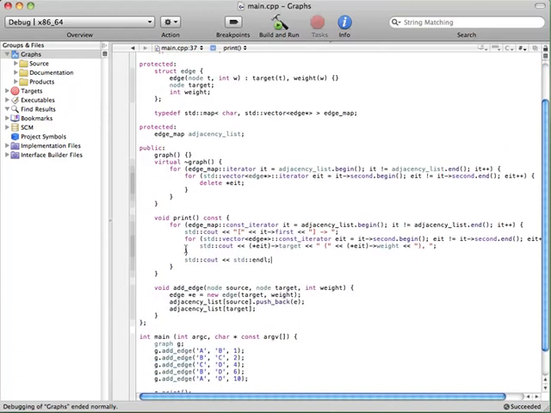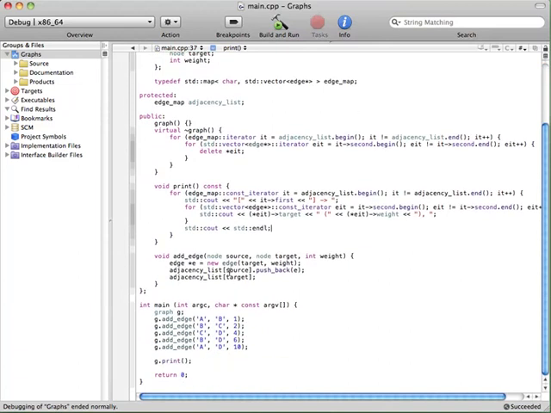So in our add edge function, right here, we say source pushback e. Well, we would need to create a new edge, so that target. That way, we'd have to actually put a target on there as well. So we could just do that. Do pushback new edge, and this is actually going to be source. Weight. If we build it,